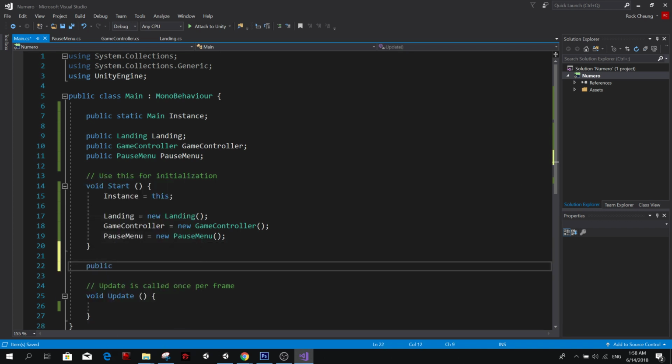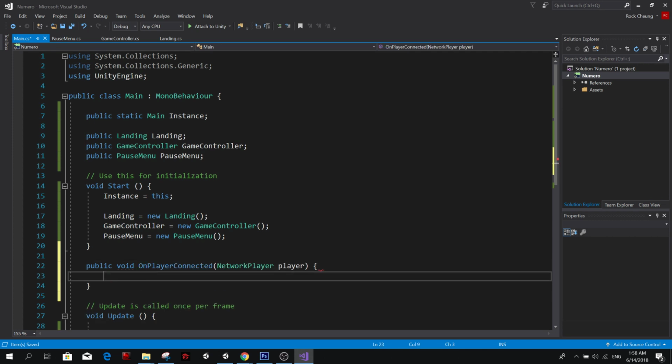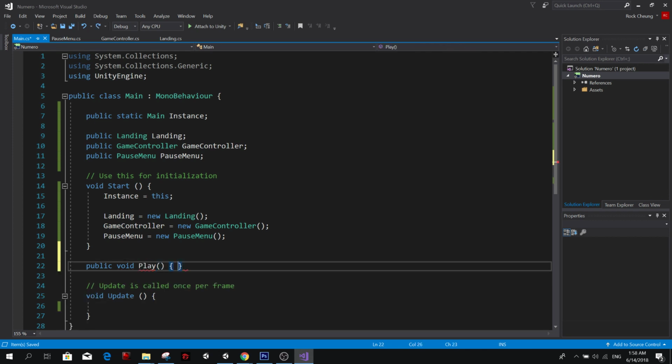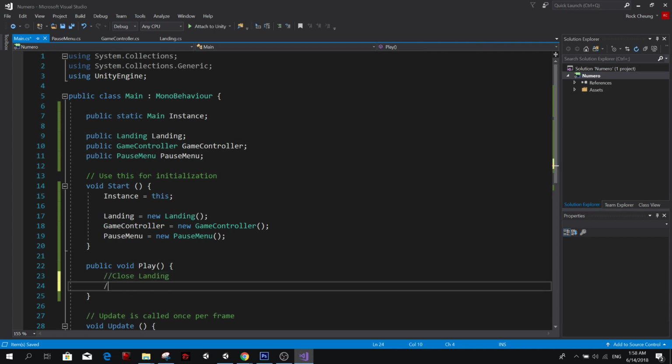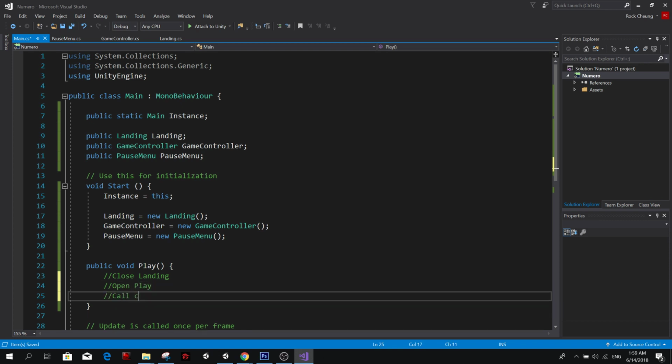So for example, public void play. What this would do would be like close the landing, open gameplay, and call gameplay dot play.